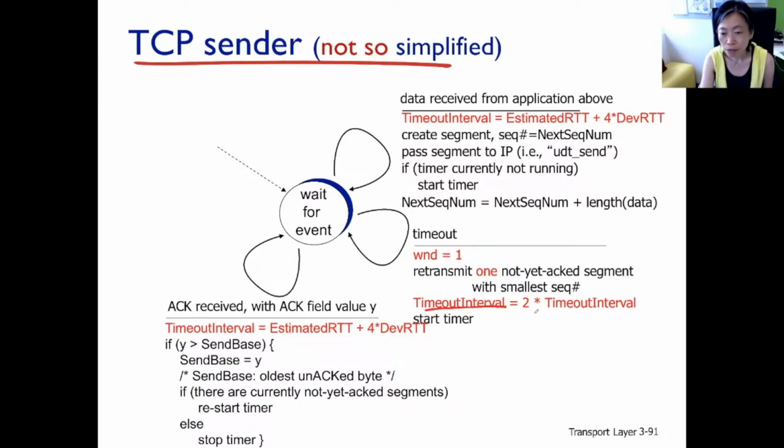Setting the timeout interval to twice the current value. Oh, wow. We were actually quite conservative here already, isn't it? That is covering 99.99-something percent of all these RTT samples, and we are setting the timeout interval to twice that amount. That's way more than enough. Why? The fact is this: window size dropping all the way to 1 and timeout interval being twice, super conservative, are both to address the congestion that's occurring inside the network now.